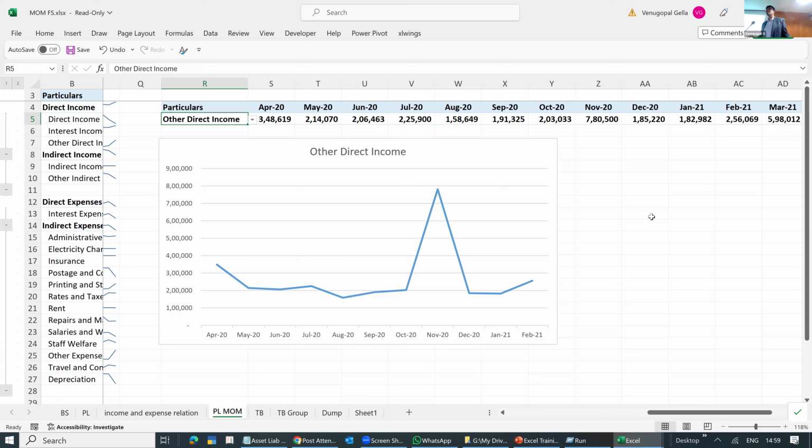Having this will give you the confidence in the balance sheet which you are signing. You have seen every item of the balance sheet and every item of the P&L in a graphical format. Are my loans consistent? Is expenditure in one format? Is my percentage in one format or not? You have to prepare this. No one is going to prepare this and give it to you.